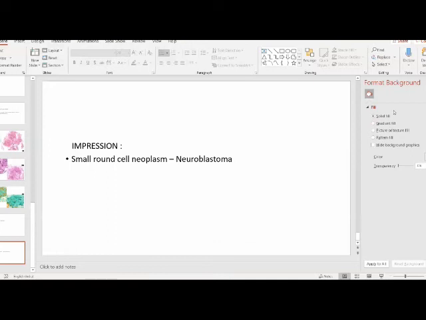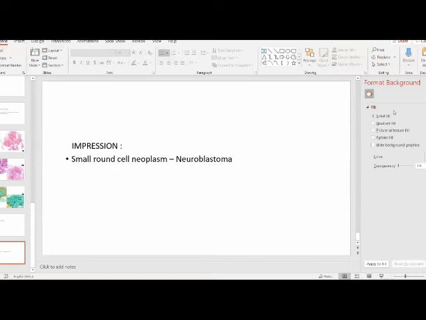Post that, the child developed multiple episodes of seizures and was also ventilated for around 48 to 72 hours. They were contemplating whether to go ahead with chemotherapy or to excise the mass. They also conducted a biopsy at that hospital, and there they were considering the possibility of malignant germ cell tumor, which feels a little off because you don't see the characteristic small round cell neoplasm that has been described. So we were not sure as to what this tumor will turn out to be. Finally, yesterday the child has undergone excision of the mass.